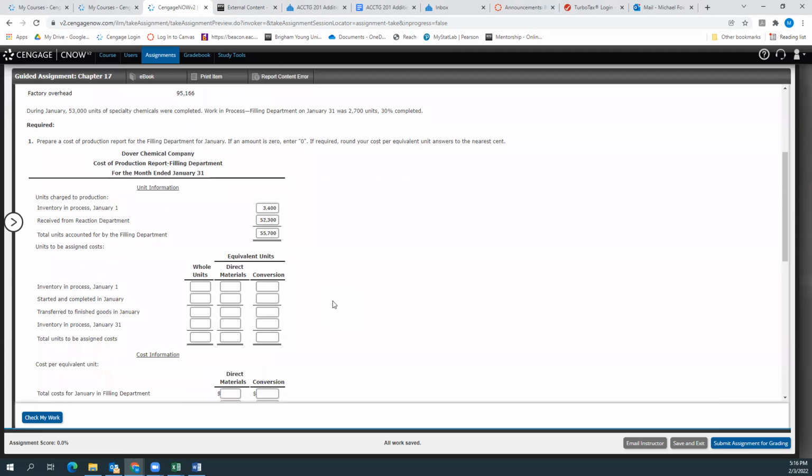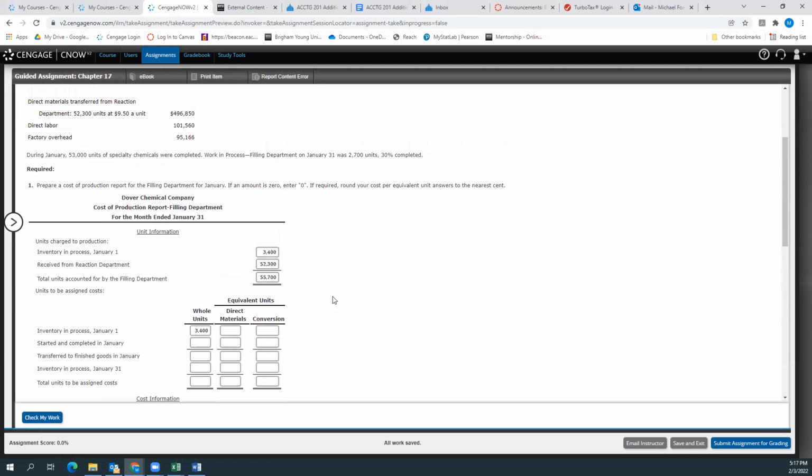All right, so next we have to figure out the equivalent units. And that's a little bit more confusing. I'll try to talk through the process. Again, our inventory in process at the beginning of the period in whole units was 3,400 units. And then it wants our equivalent units. And so we have to recognize that as of January 1st,